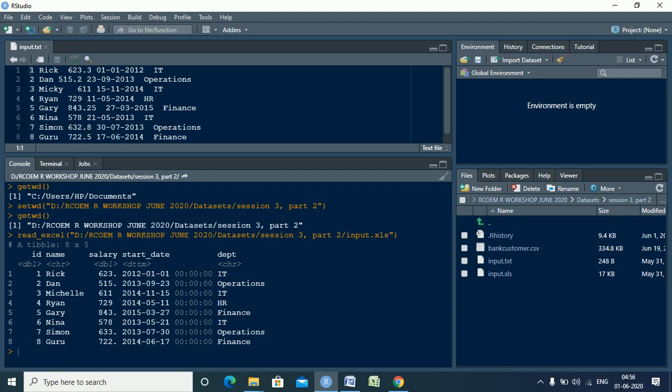So directly you can go and see from here as well. Or the third option: since we have already set this to be our default directory, over here you need not mention the path.